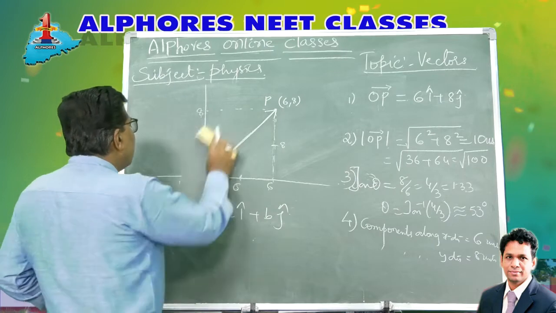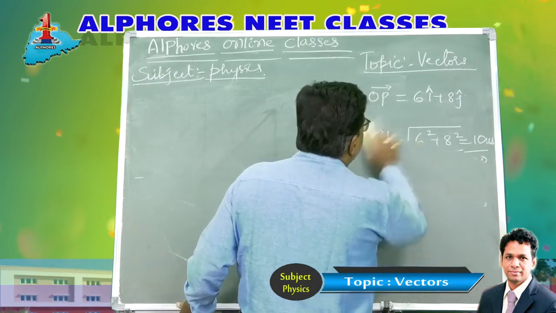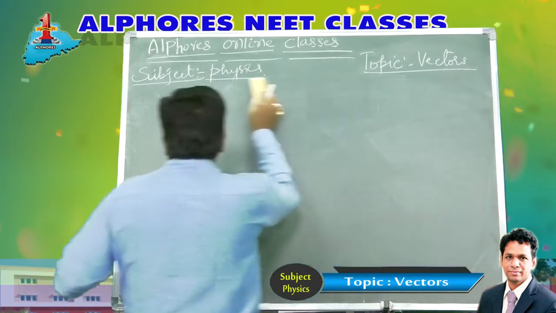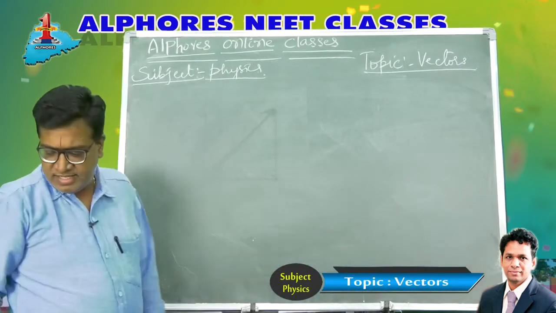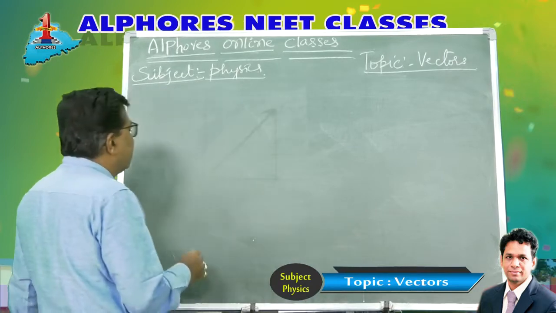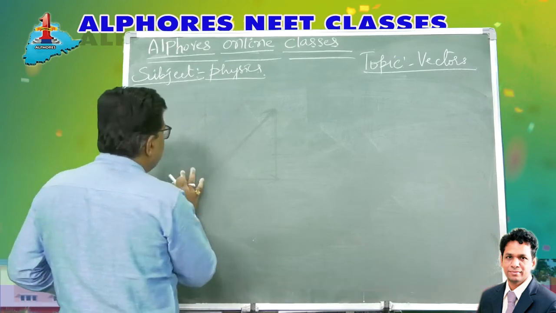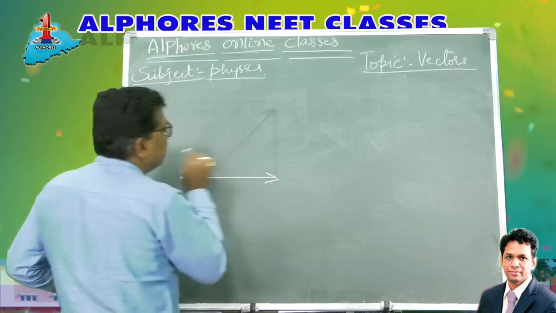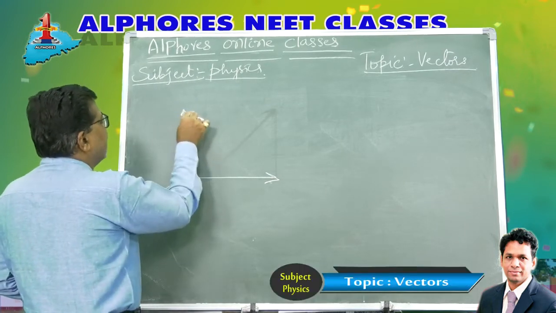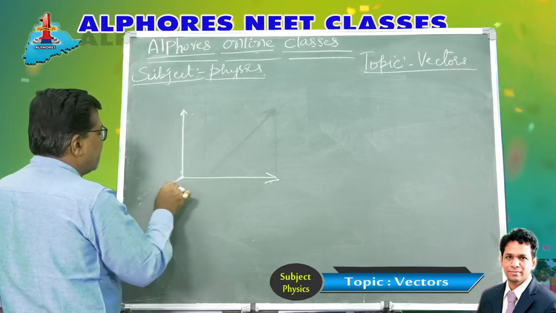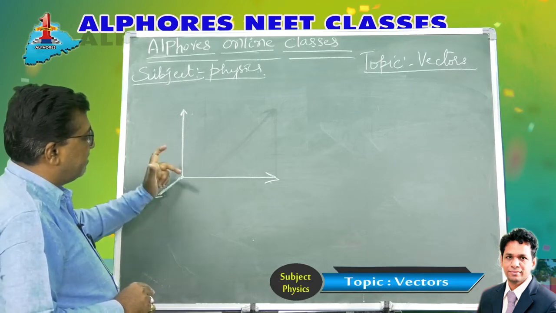Now, let us take the same example in 3 dimensions. Let's go to the 3-dimensional plane, take an illustration and understand what are all the various things he is going to ask you and how to make out the things easily. Now imagine a Cartesian 3D system. This is the origin. This is the positive x-axis, this is the positive y direction, and this side is positive z, a left-handed system like this.